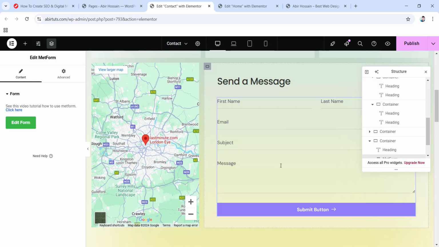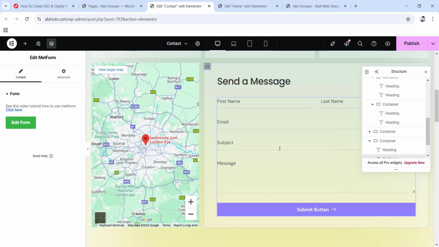And now let's say that you don't come to your WordPress dashboard that often, but you would still like to get notified about people who have visited your website and have contacted you through this contact form. So what do you do then? Well, we also have a setting for that. So if you want to get notified by an email about any entries or submissions of your contact form, then